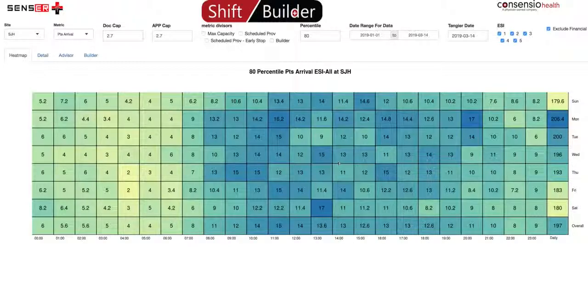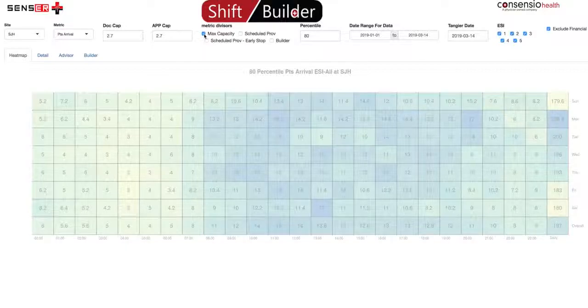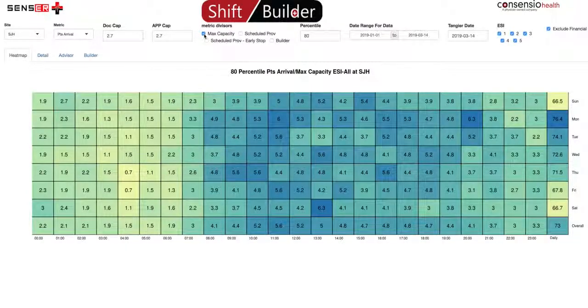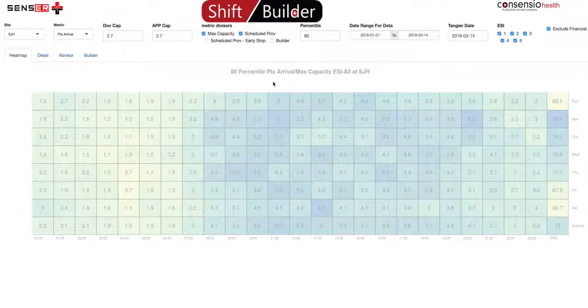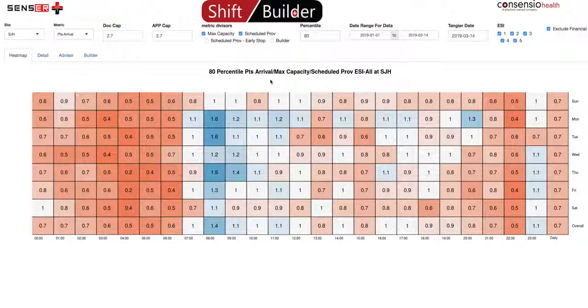we can also use the software to divide this entire heat map by the max capacity we determined in order to arrive at the minimum number of providers needed in order to staff that particular hour. We can further then divide by the actual number of scheduled providers from the scheduling software to arrive at oversupply or over demand at particular times of the day. The darker the red is, the more oversupply you have. The darker the blue is, the more supply deficit there is at a particular time. Here visually, it's quite easy to appreciate that there's a deficit between supply and demand that is different at different